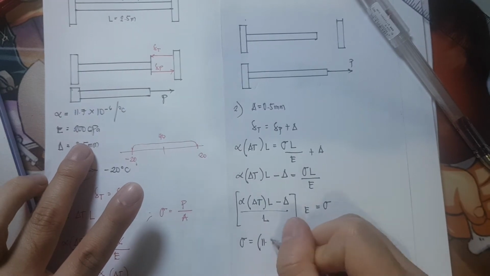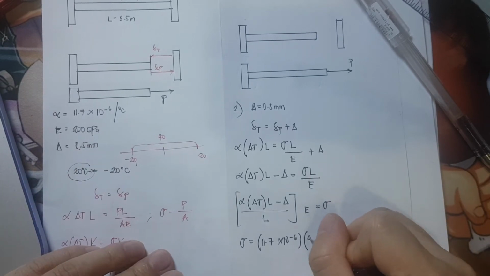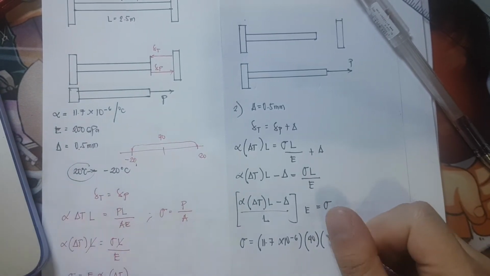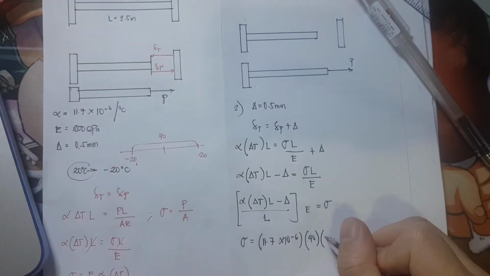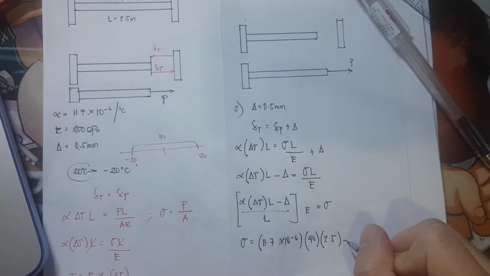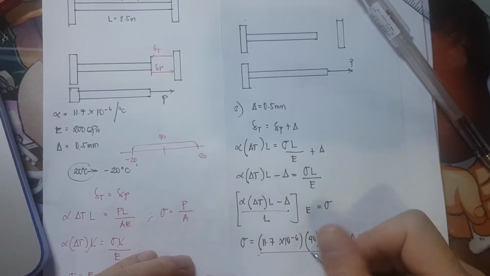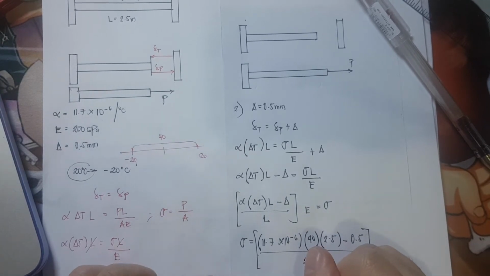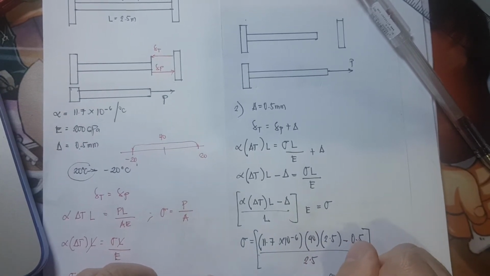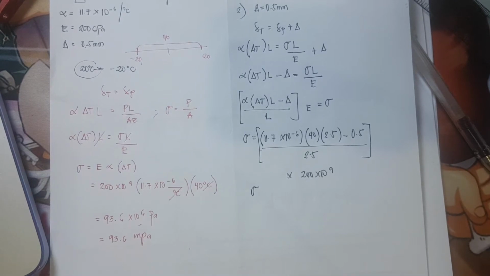Alpha is 11.7 times 10 raised to negative 6, times delta T of 40, times the length of 2.5 meters, minus 0.5, divided by 2.5 times the modulus of elasticity, which is equivalent to 200 times 10 raised to 9. Therefore, sigma is equivalent to